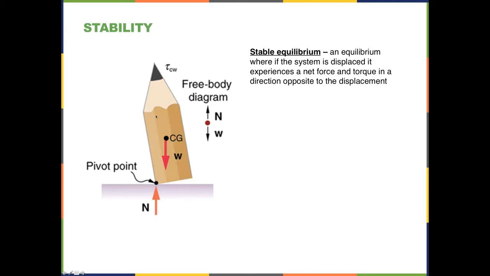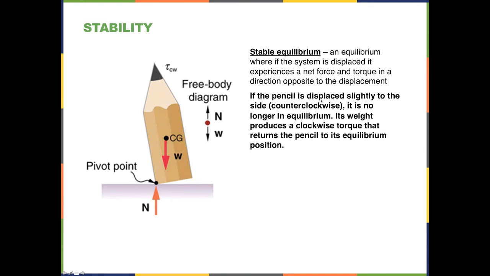So in this case, if we push the pencil to the left, then if it's stable, it will experience a force and torque to the right, in the opposite direction, to bring it back to where it was. So in a stable situation, if the pencil is displaced slightly to the left or clockwise, it's not in equilibrium. Its weight produces a clockwise torque, which is in the opposite direction,